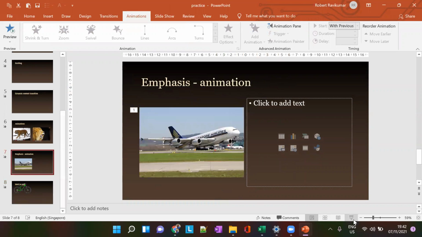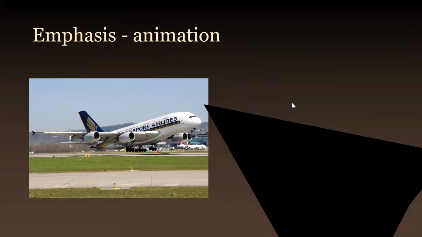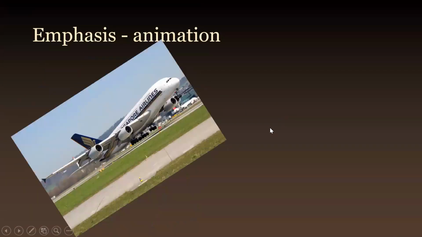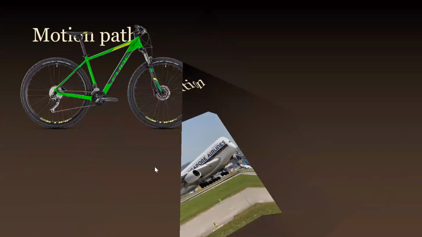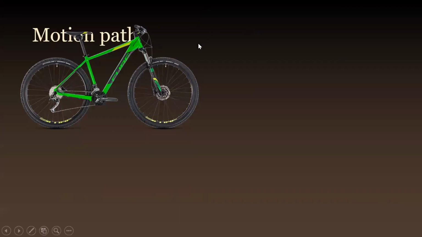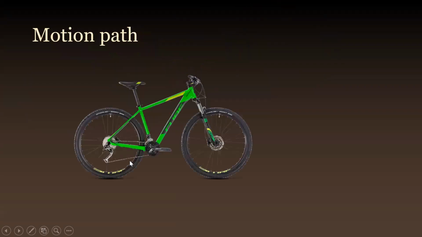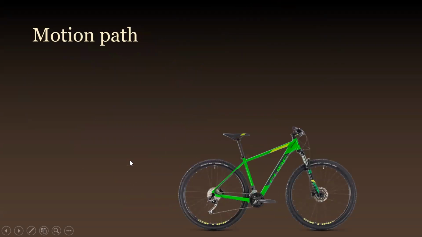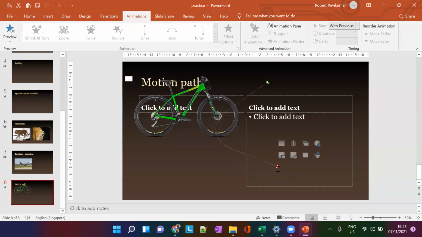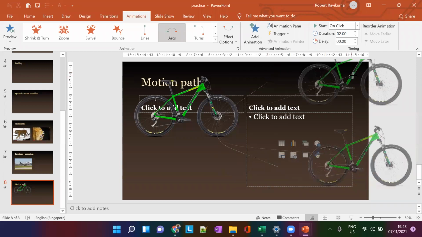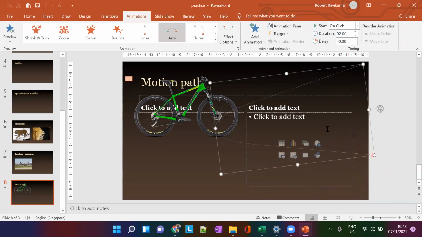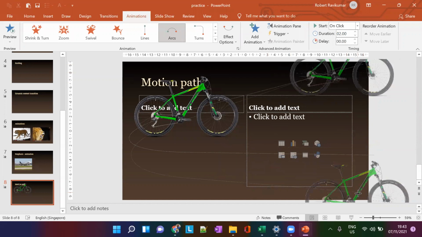Okay, so I've chosen this thing here. Now if I click it, the cycle will start from here, move, and come and stop here. You can choose the motion for the particular animation. Even if you want a bigger motion, you can do it. I can start the picture from here, and I can trace a motion path up to this place here.